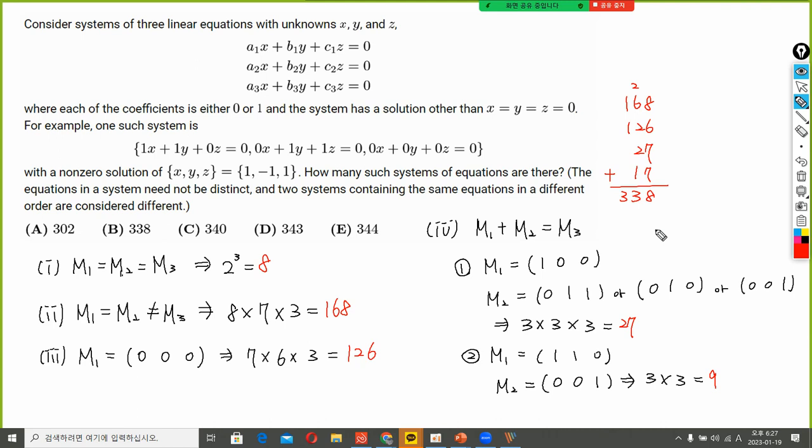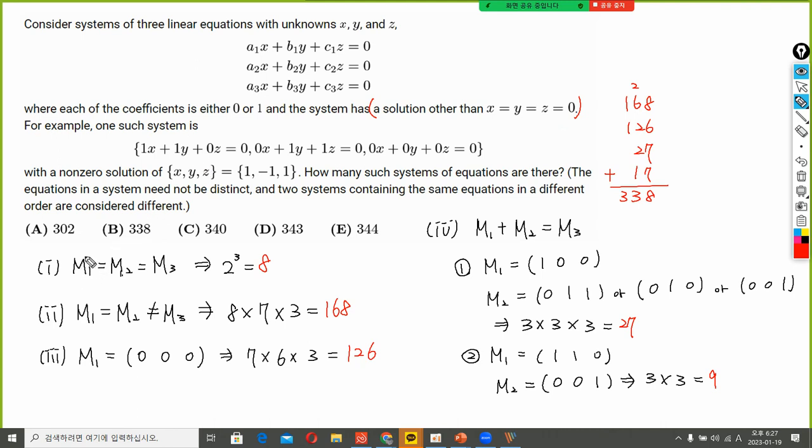Yeah, so let me explain this. Here, this system has a solution other than 0, 0, and 0. That means actually it has infinitely many solutions. So to have infinitely many solutions,